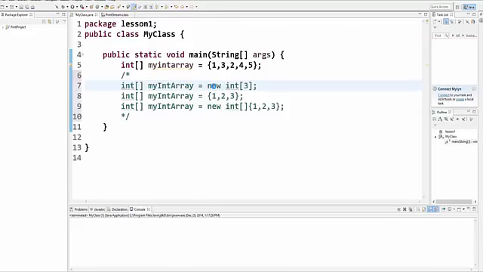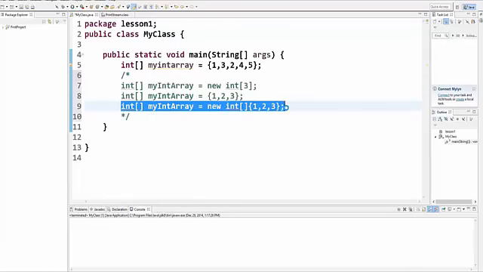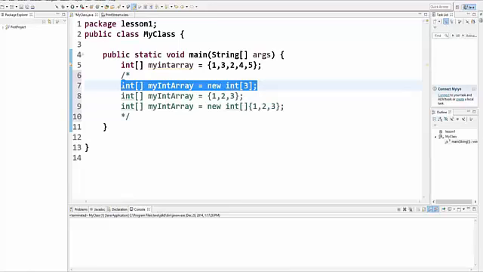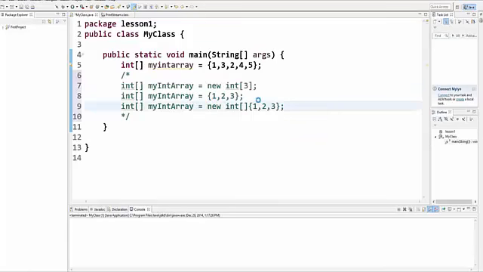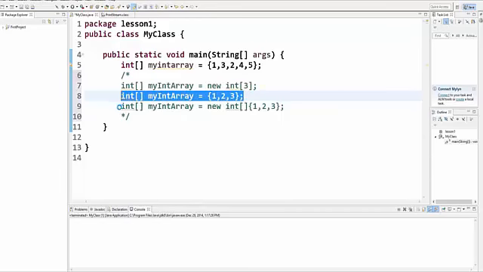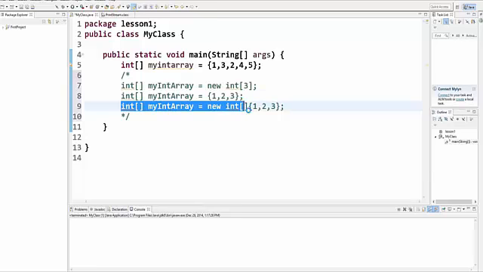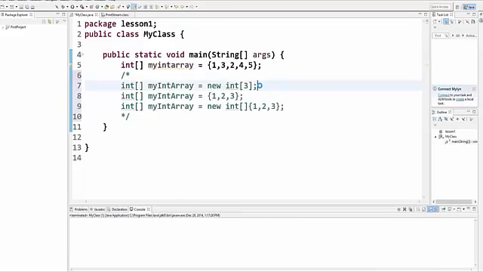We haven't learned what the new keyword is here, so I will not go deep into this kind of array. This we will learn when we learn how to use classes and objects. So we will use this kind of array right now,